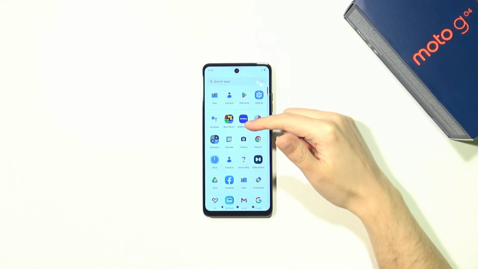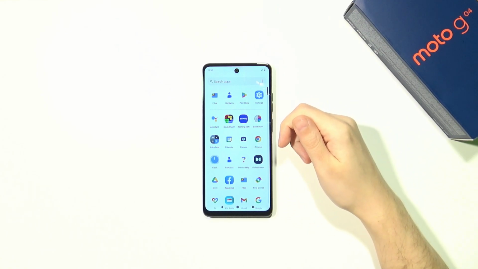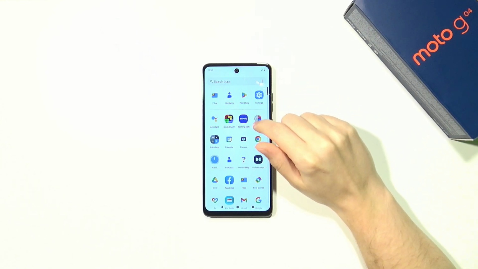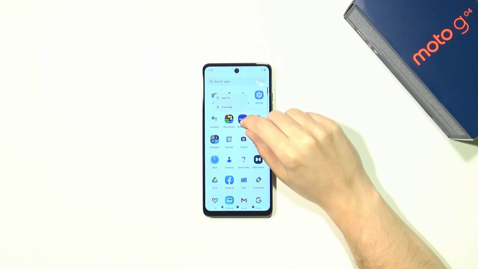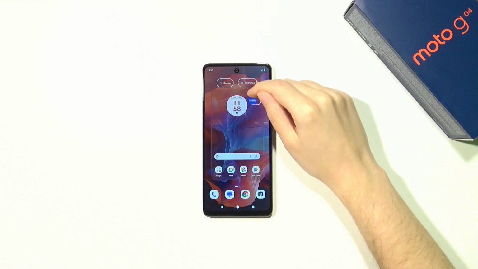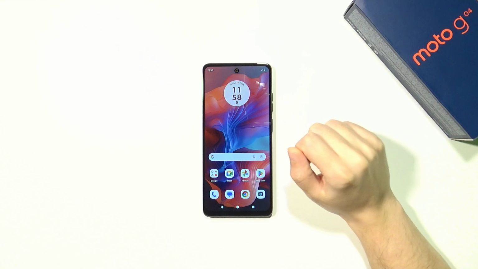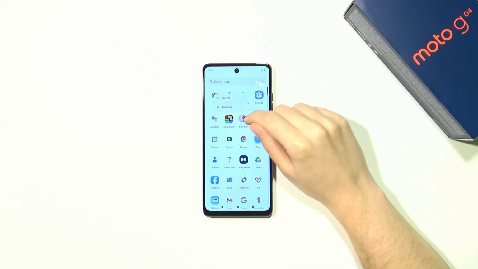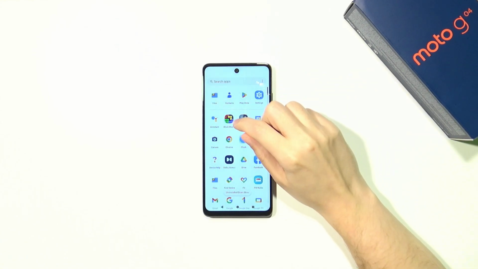I don't need like this app, that booking.com. I don't need any of this. So in order to keep that speed of the device, we can remove unwanted and unused apps. So we can select them, we can press and hold it, and then we can drag it over there to uninstall, and then tap OK. Let's go back. Now we have another app. I can move it over here. There we go. And we can keep doing that